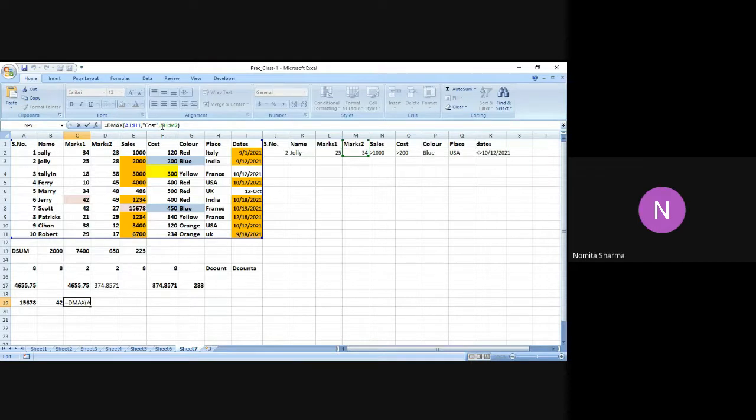So if I say color, I say P1 to P2. And now it is going to give me the max value of the cost matching that color over here. I've mentioned blue over here, so there are two blues, 200 and 450. It has given me 450 as the answer because 450 is the max value given in the data set.